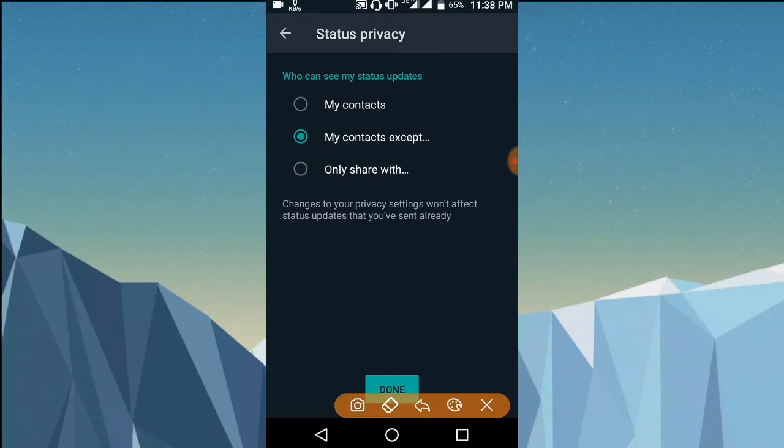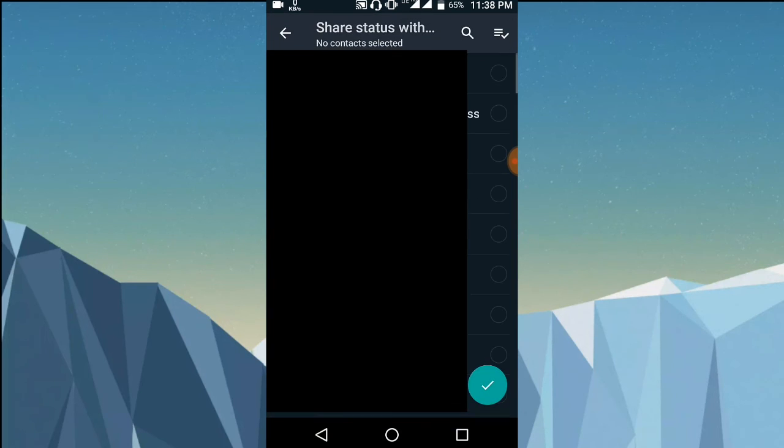Okay, so the third option is very different. Now if I select this, in this option the contacts that you select, only they will be able to see your WhatsApp status. Okay, all others cannot see your WhatsApp status. So if you don't want so many people to view your WhatsApp status, you can use this option. And it is the same as the first one. Just click on the contacts to whom you want to show your status, and then click on this right button,